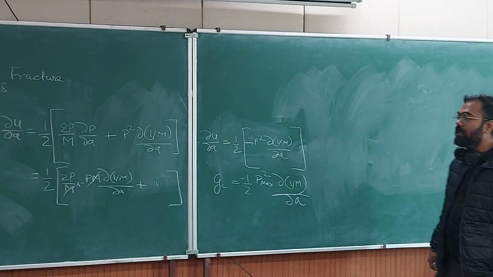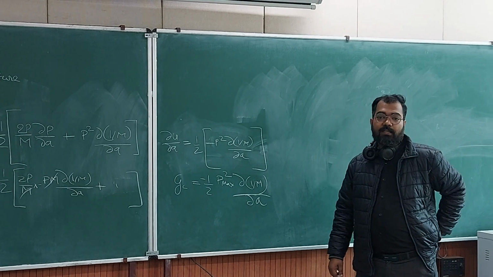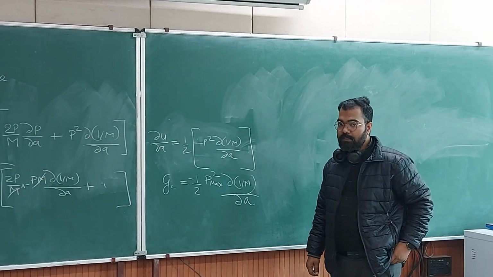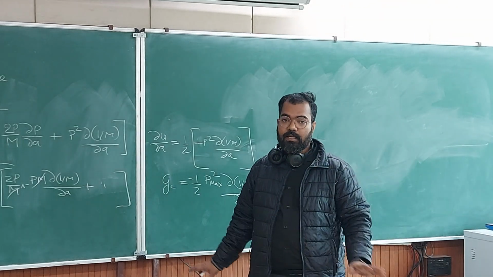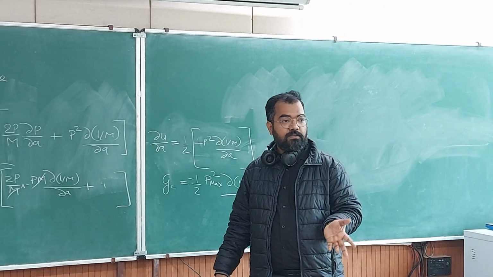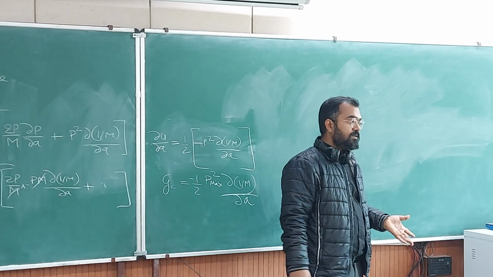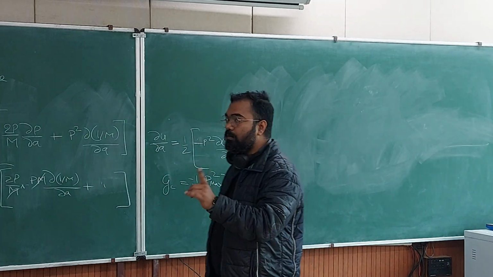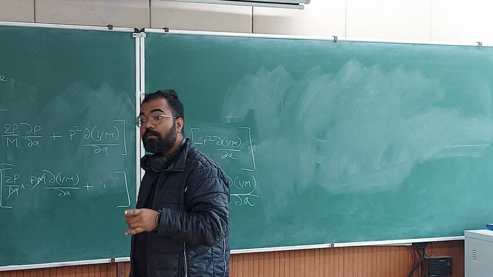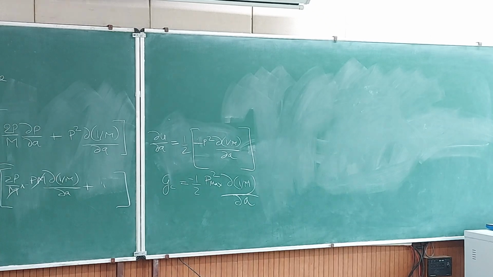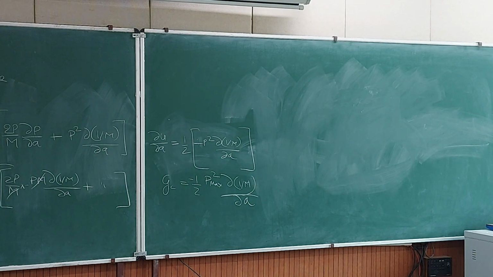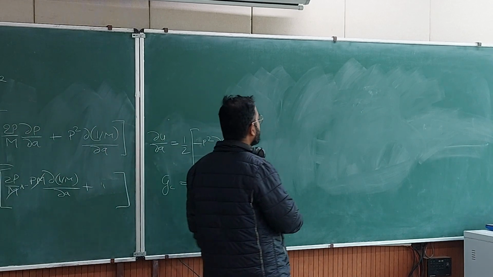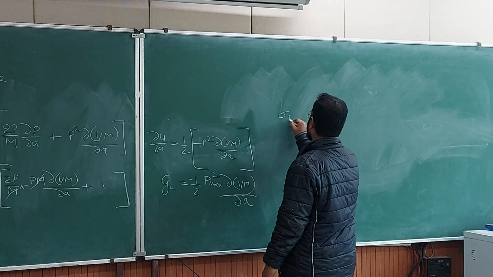So Griffith not only does the mathematical calculation, he also does experiments on glass, as I said, and he relates this and finds absolutely stunning results, and that is published in 1921, and everyone is happy with Griffith. Later on, what you said is that there is some energy which is consumed in plasticity. So that modification in the Griffith equation is done by whom?